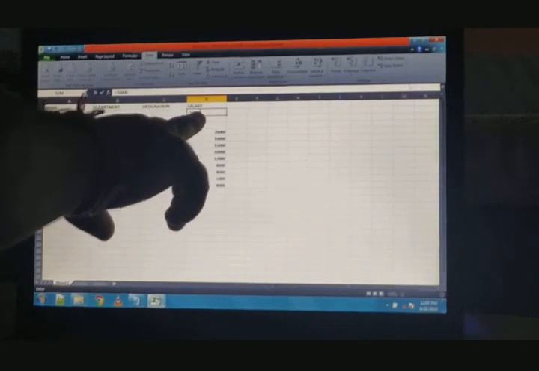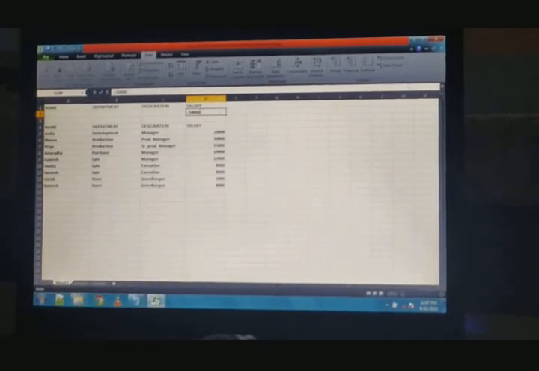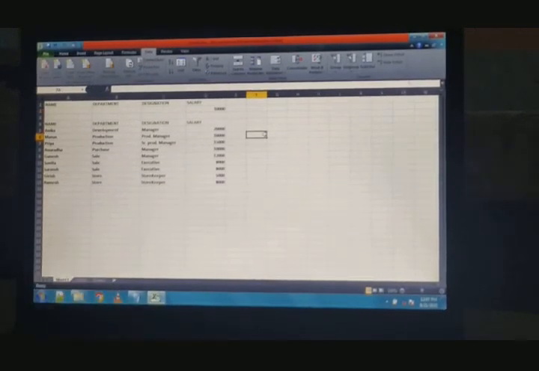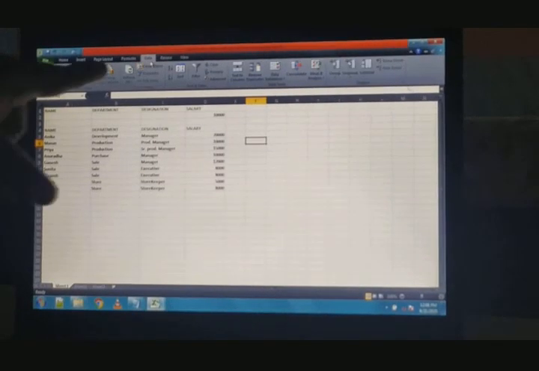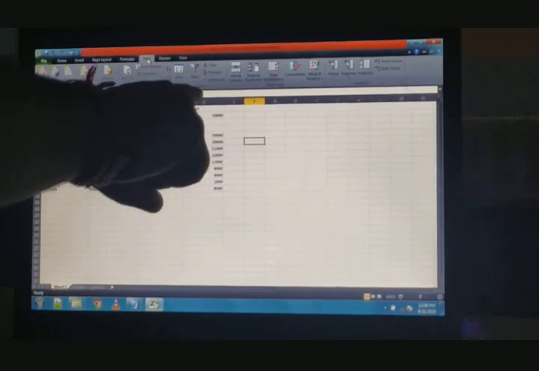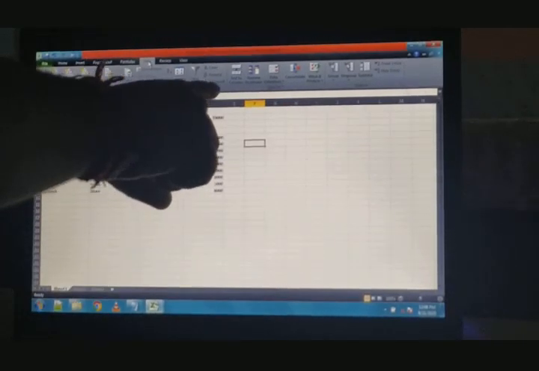This is called criteria. Now I want to see the records of those employees who have the salary of 10,000 by using advanced filter. This is the data tab, you have to click on that, and in the sort and filter group you see the option of advanced.